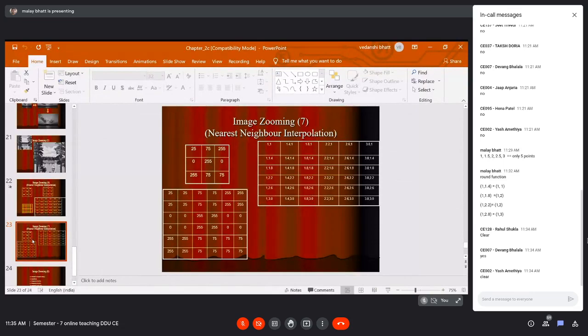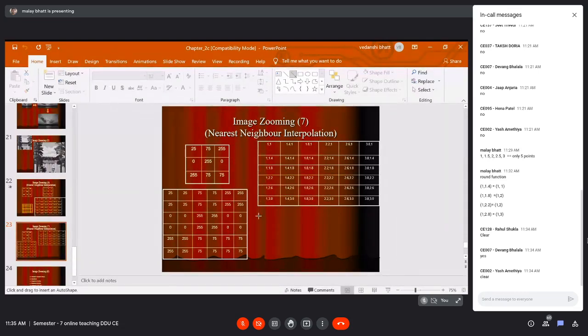Similarly, 2.2 will be converted to again 2, so 2 comma 1 is 75. 2.6 comma 1 is again considered as 3 comma 1. That is how you will get the value.